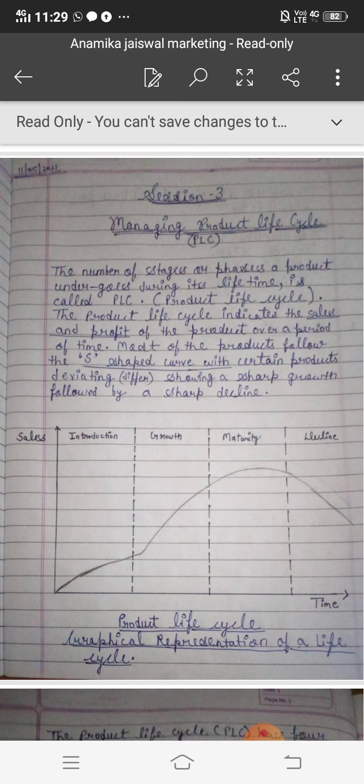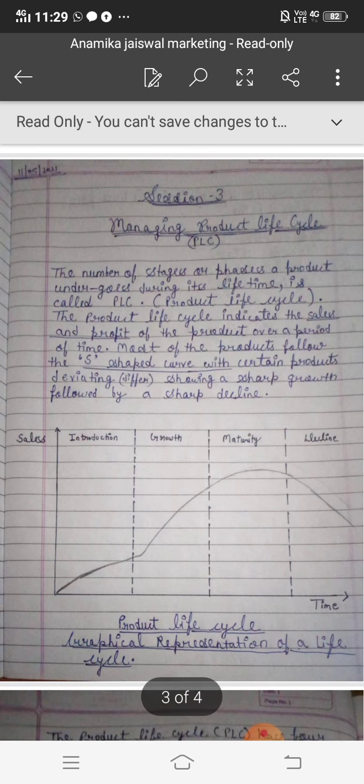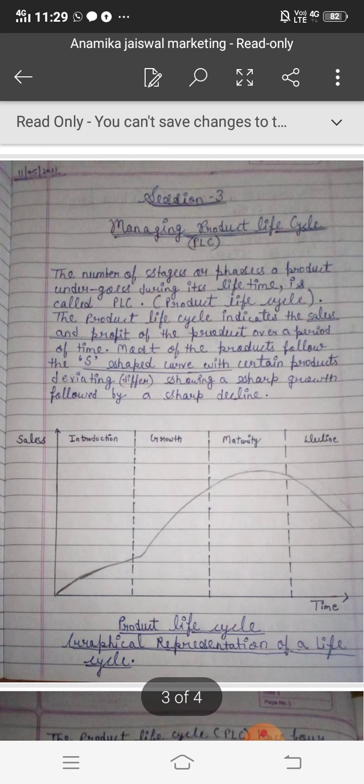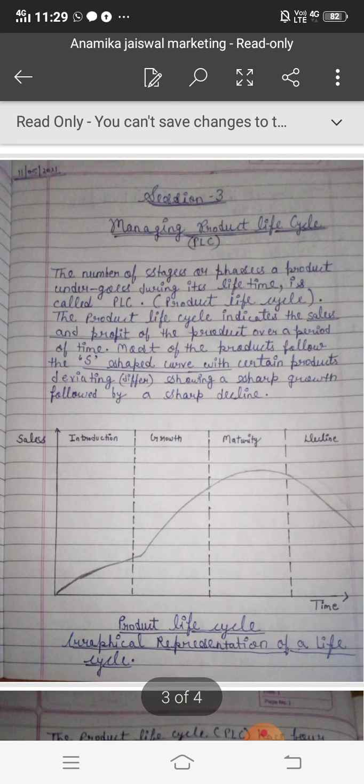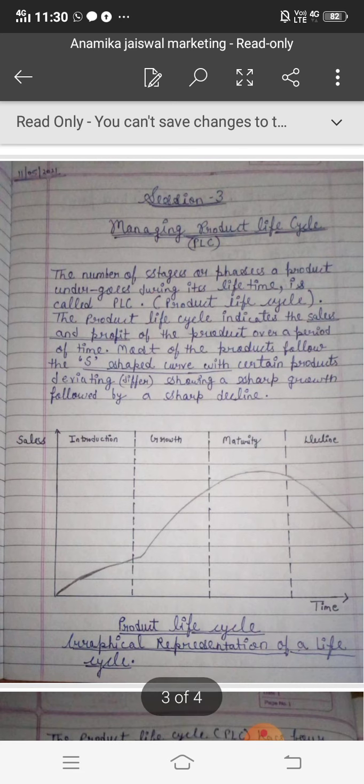A product is first introduced in the market. In the introduction stage the customer is unaware about the product, so sales are less, similarly profits are zero, but the cost of production of a new product will be more, because our marketer will have to advertise more, will have to promote more, will have to do many marketing activities. He or she can have posters or pamphlets for a new product, so advertising cost will increase. So in the introduction stage sales are less, profit is zero, but cost is more.